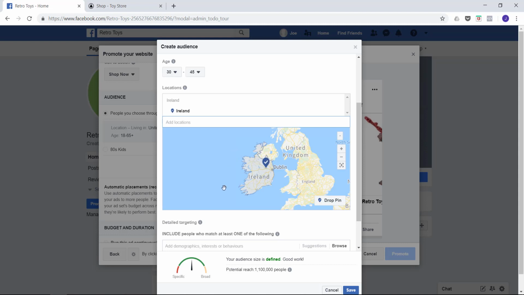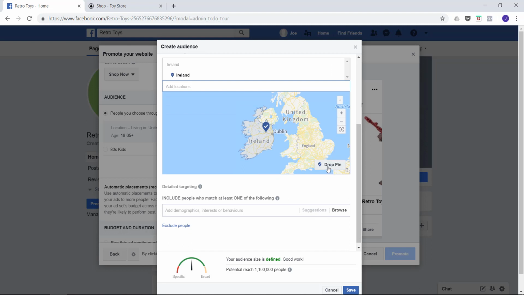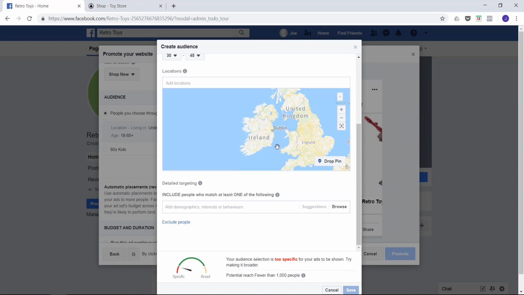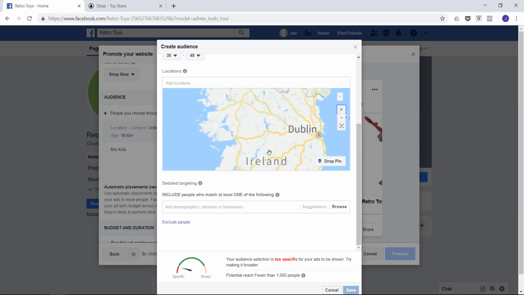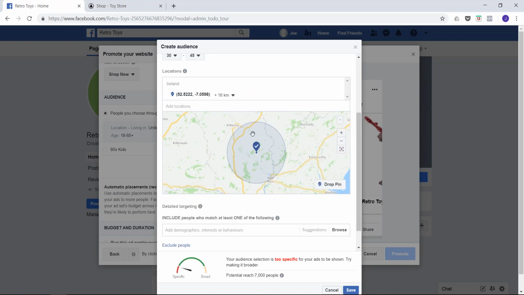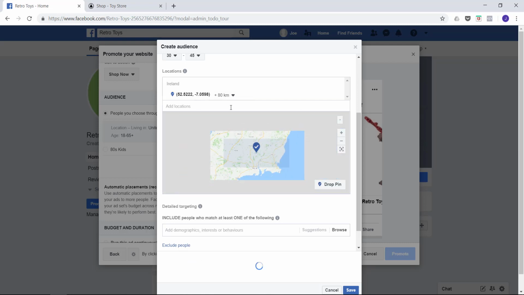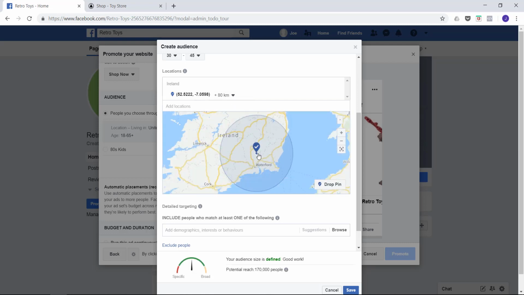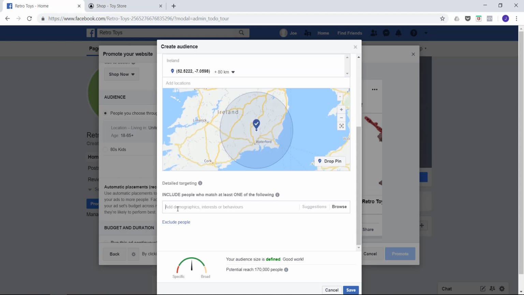You can also target by dropping a pin. So if I wanted, if I remove Ireland, and if I zoom in here, let's say I'm specifically targeting people in the southeast, for example, I can then drop the pin here, and I can change the radius of that pin as well. So at the moment it's set for a radius of that, and I can increase the radius of it to a much broader area. So it allows me to target specific areas, so any Facebook users within this area will see this ad. You can also target people by